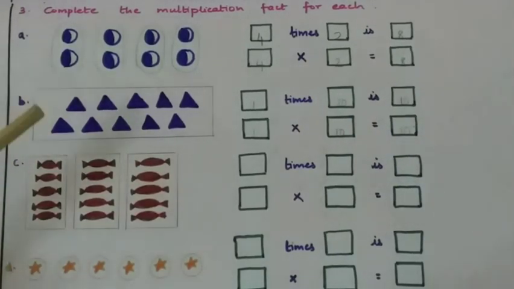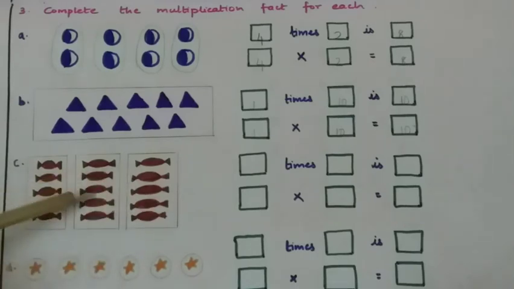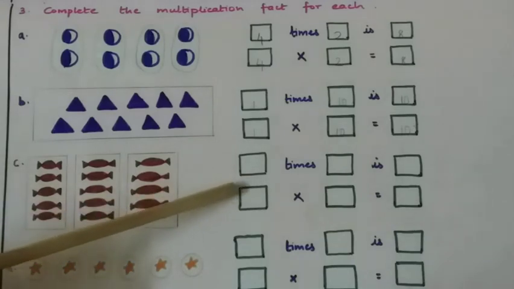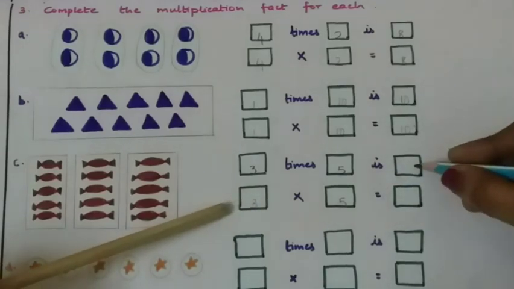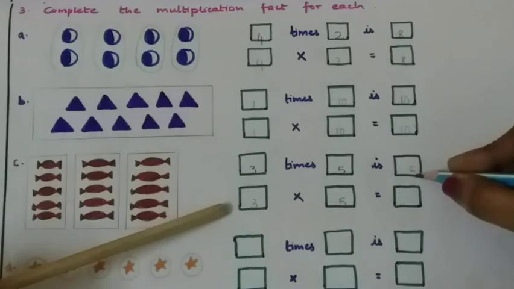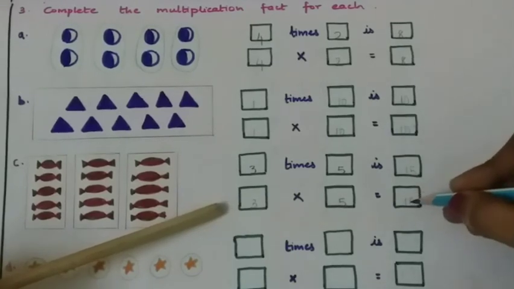If you take the next one, there are 3 groups and each of the groups has 5 chocolates in it. So 3 times 5 or 3 into 5. So the child first needs to write that here. When 5 is being multiplied by an odd number, the result will end in 5 and half of 3 is 1. So the result is 15.